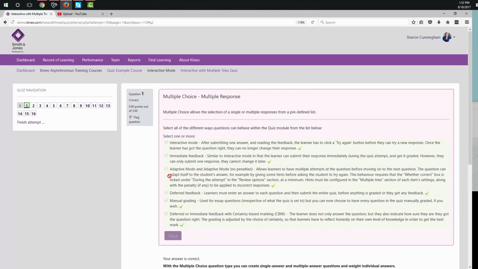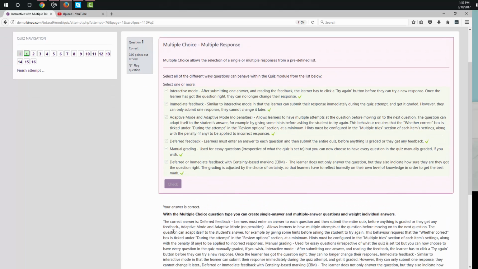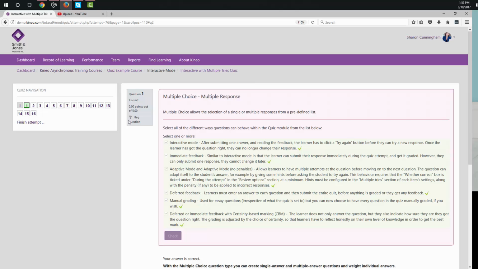Okay, now you're going to notice that even though I got it completely correct this time, I got it absolutely right, I have 0 points out of 5 that were awarded to me. That's because every time I tried and every time I missed, it counted off 33.333%. So you'll see when we get in and take a look at the actual question type, how that happens